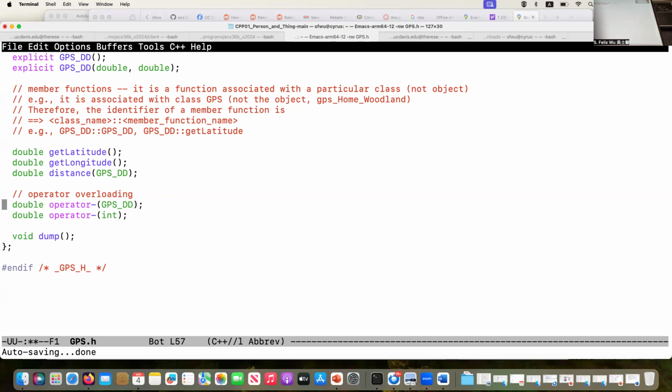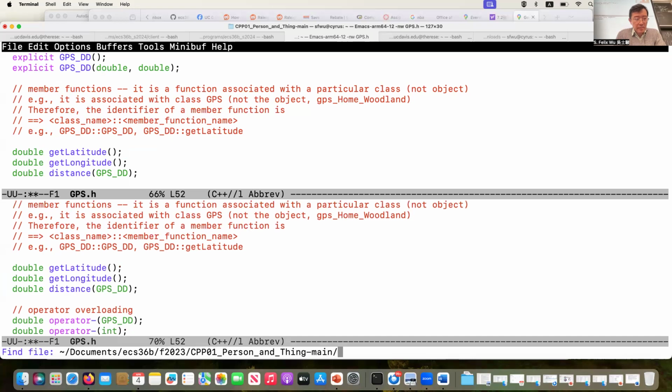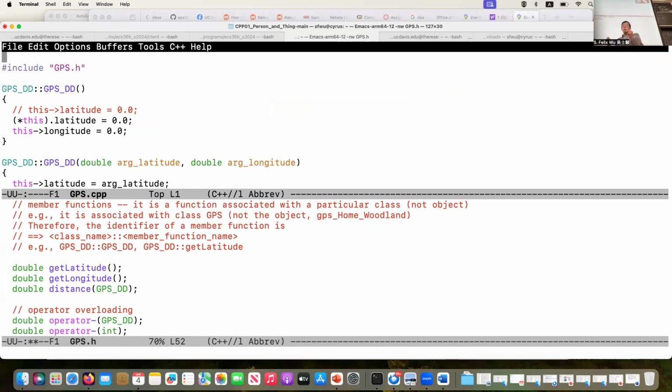Okay, so this just declares the structure of the class. But for each of the functions, you need to provide an implementation. You can actually provide the implementation over here. For example, I can just immediately put the implementation here with two brackets, just like you write a C program. You can actually do that, but it's usually less readable if the function tends to be big. So typically, we have another file